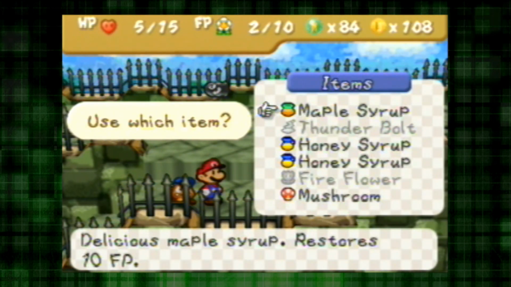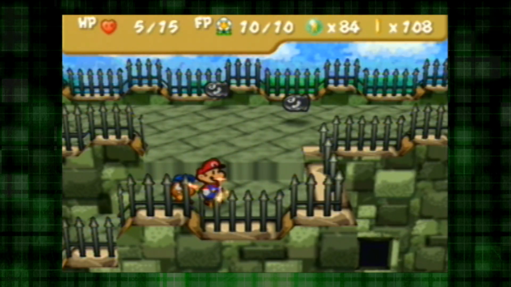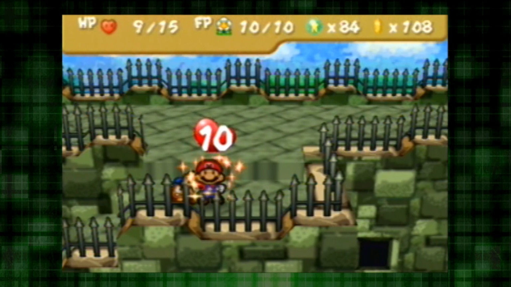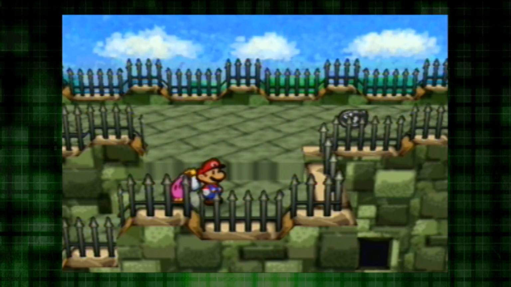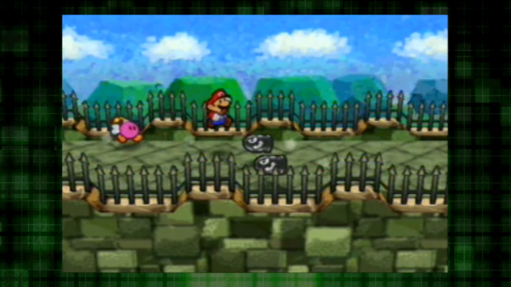first we should use the maple syrup we just got, and bring ourselves back up to full FP. And next, I guess we'll use the super shrimp, which should be more than enough to get us across this walkway, but I just gotta figure out who I'm gonna use. I guess we're gonna use Bombette for it, because she can do maybe 1 damage to it. These bullet bills here have decent defense, so...